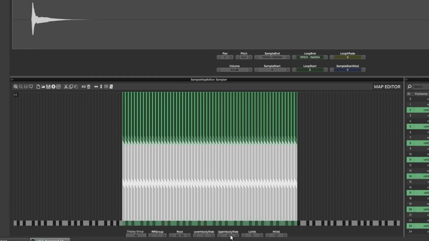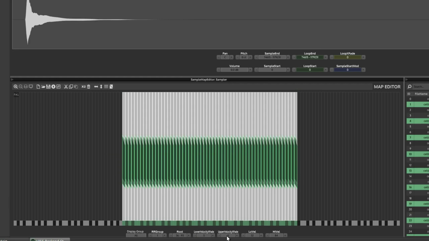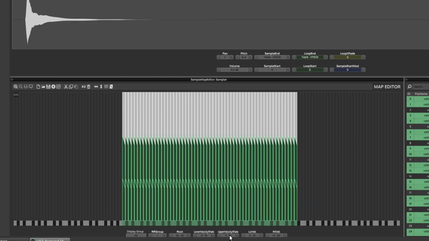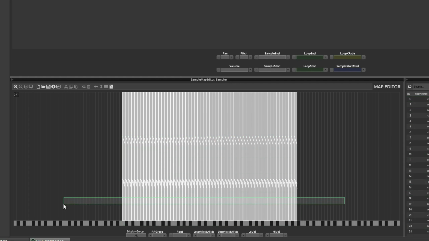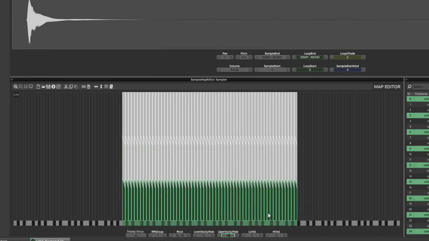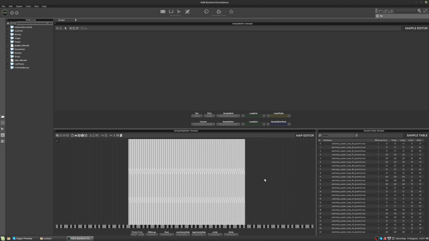Actually, that should be 10, shouldn't it? Not 5. Yeah, 10 on each of them, sorry. Yeah, there we go. There we go. So that's a really quick way to map samples to different velocity levels, different velocity ranges within